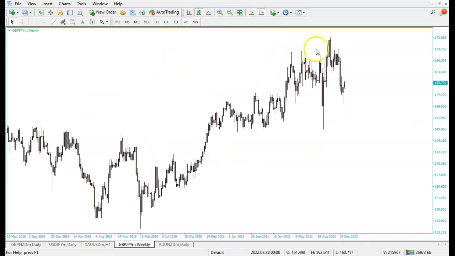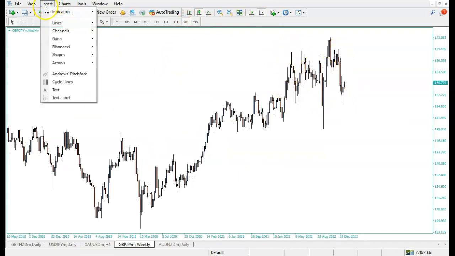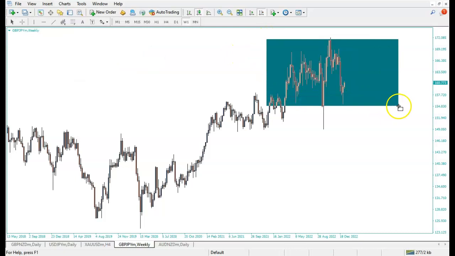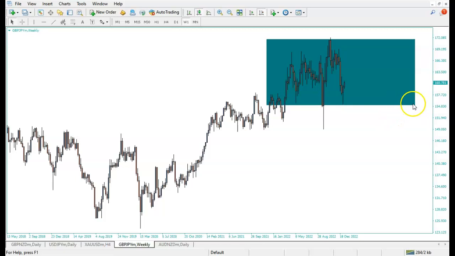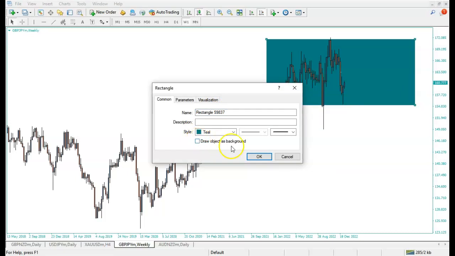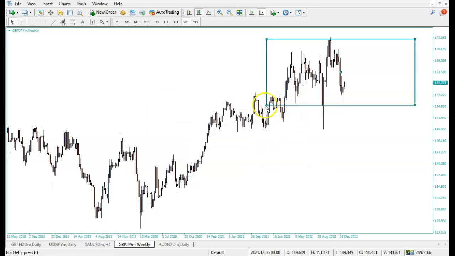the market entered into a range here. Let me show you what I mean. The market entered into a range here, and I can actually bring out that range. So this is the range. Sorry, let me just remove this. Okay, this is the range